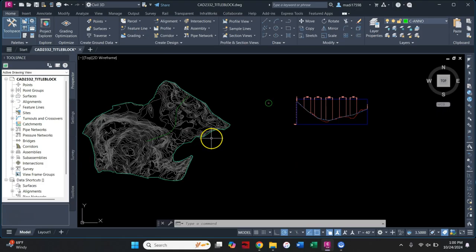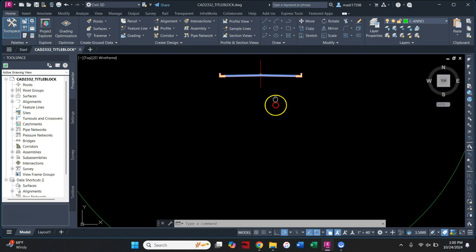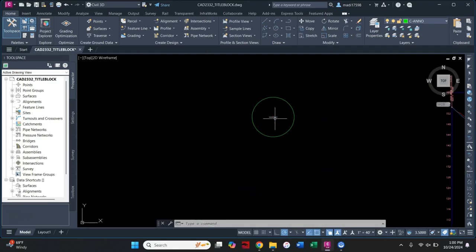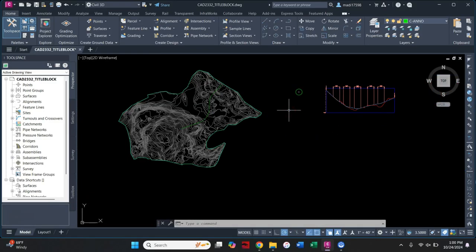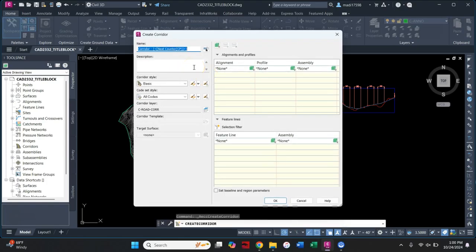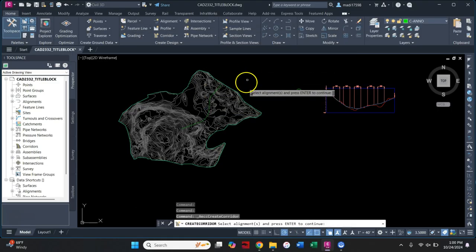So remember, we need an existing ground, we need a profile, we need an alignment, we need a proposed profile, and an assembly with sub-assemblies. So now I can create my corridor. For that, I'm going to go to the Home tab, Create, Design, Corridor, and I'm going to call it New Road. You can call it whatever you desire. Anyways, my alignment,